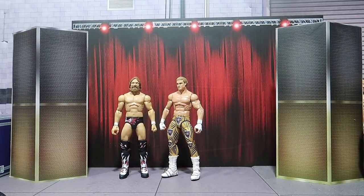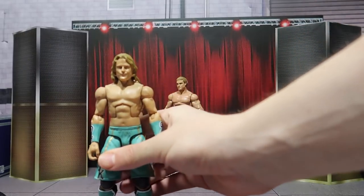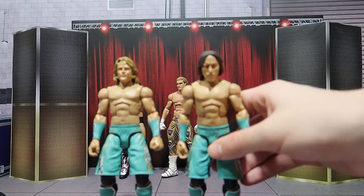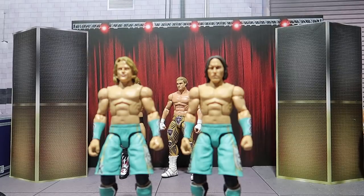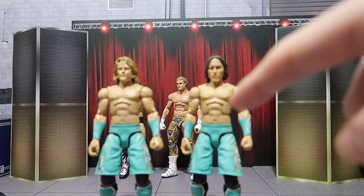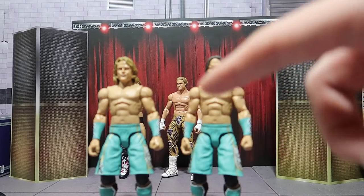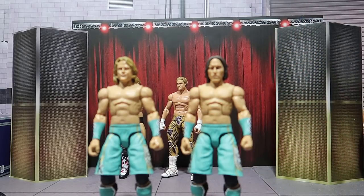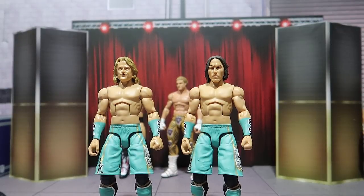And then we also have some figures that you guys might remember. We have from my personal collection back in the day. I used to use these in GCW. We have Bryan Kendrick and we have Paul London. These are their Hooligans attires. Ringside obviously brought out the Ringside exclusive Kendrick just recently, but these ones are in the Hooligans attire, and I think we're not going to get these from Mattel. These were actually the ones used in GCW before, so if you want something that was used in GCW before,